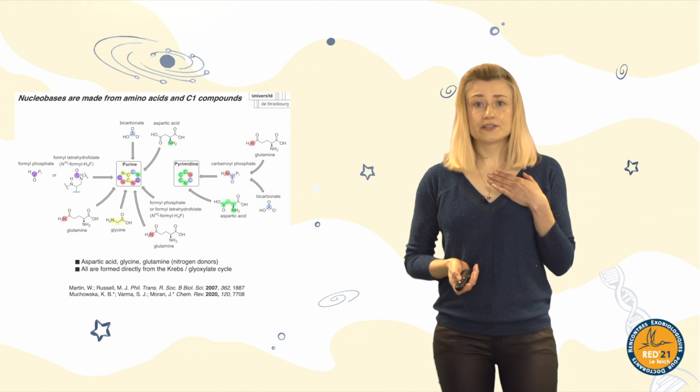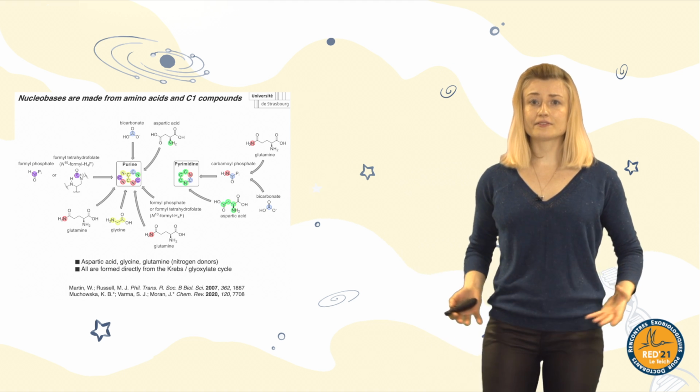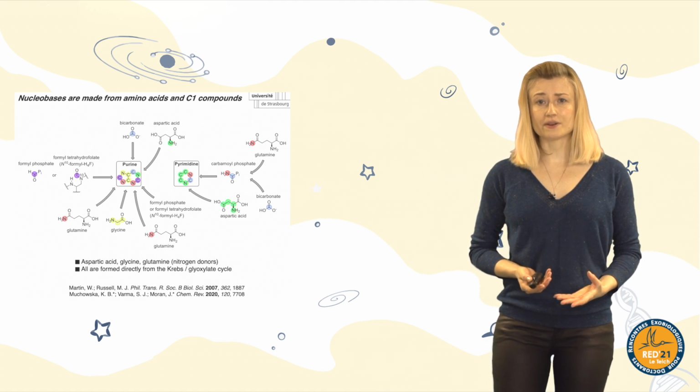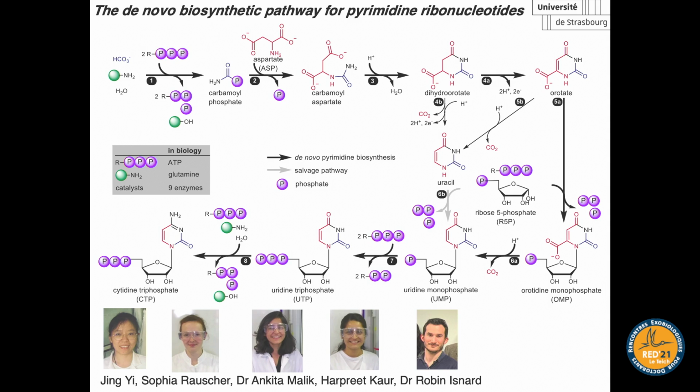Unfortunately, as far as I know, I don't think there are any reports of anybody who has ever tried to make ribonucleotides this way by using metabolites as opposed to the cyanide chemistry. So you should already be able to guess what our approach is. We also try to follow a pathway which is known from biochemistry. I'm not going to go into very deep detail here, but in general, the biochemical pathway uses ribose